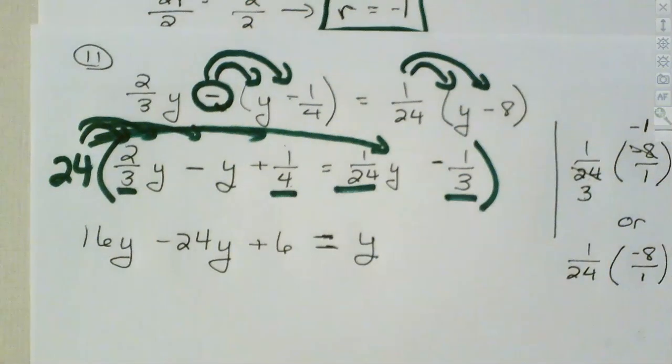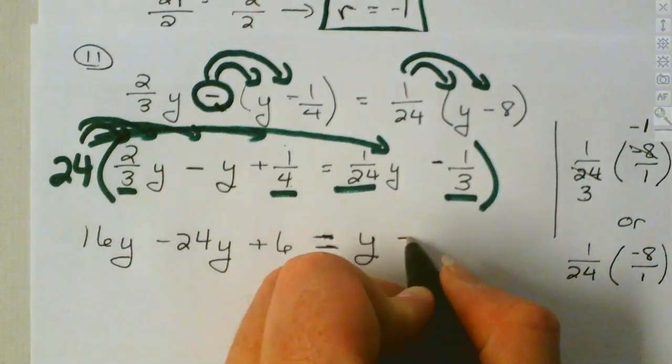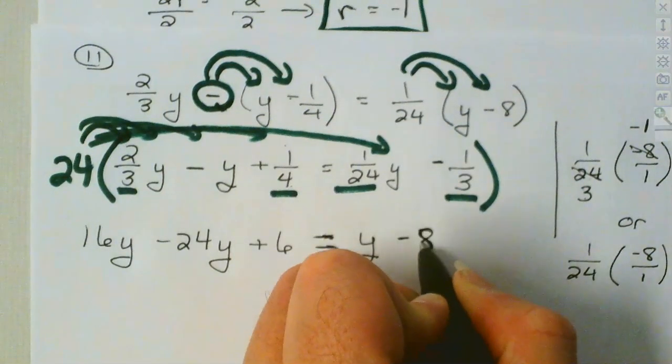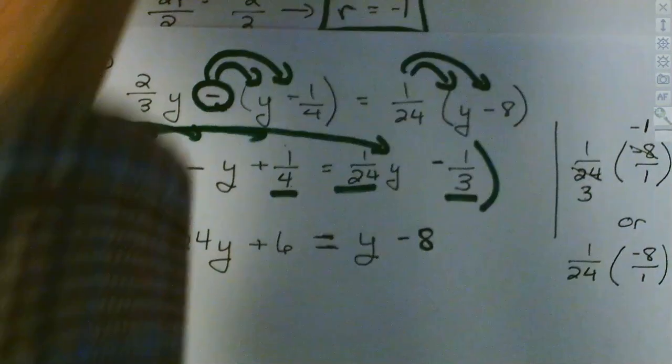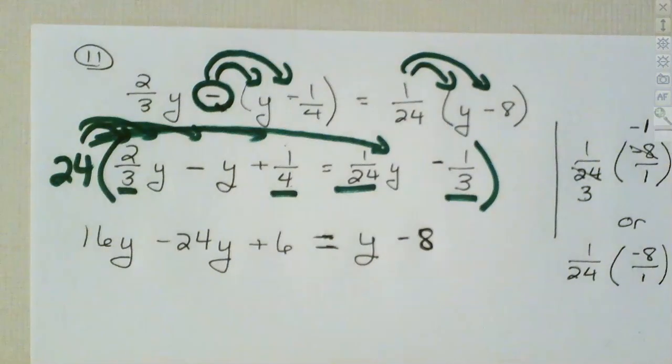24 divided by 3 is an 8, and 8 times that negative 1, well, that leaves you now with a negative 8, doesn't it? Okay. What's my next step going to be? All right, so the next step,